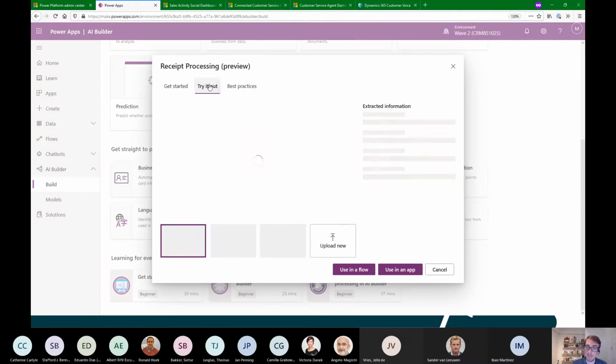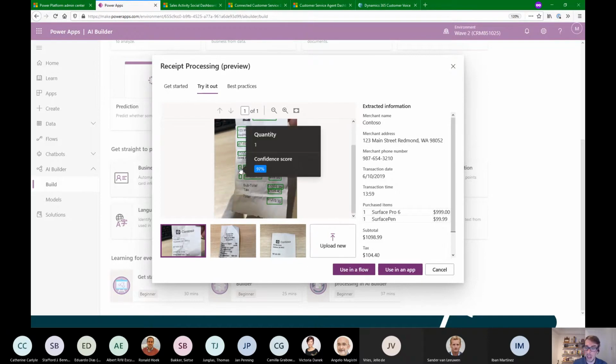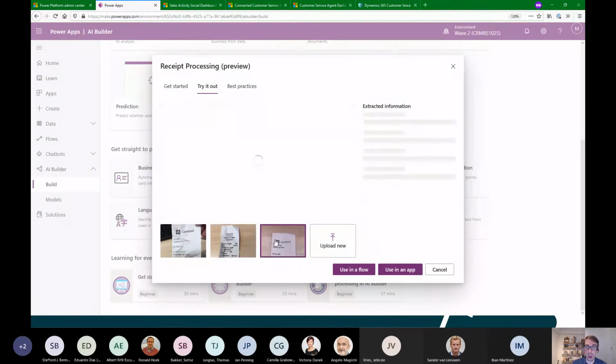If we take a look at that, we can see this is a pre-trained one for just taking a picture of a receipt, and it will automatically identify all of the different things. So it will identify that Contoso is a merchant. This is an address that it will automatically identify. This is probably a phone number, which it identified based on its algorithm that it's learned. And here it's found some sort of repeating segment. So these are probably the products on the receipt, and the total here also automatically identified in varying degrees of